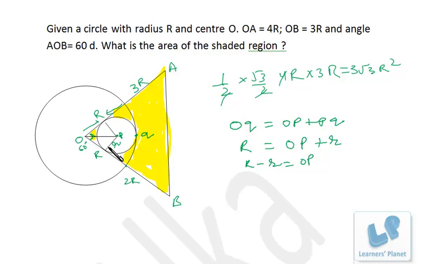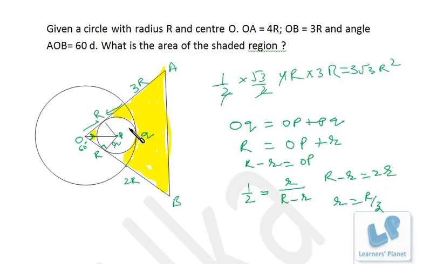Now the relationship between this and this, that is perpendicular and hypotenuse, is given by sine theta. Here theta is 30 degree, because we are just taking care of half of this angle. So sine 30 degree is 1 upon 2, that is perpendicular by base, I'm sorry, hypotenuse. So perpendicular is this and the hypotenuse is R minus r, right? So R minus r is equal to 2r. That means small r is equal to R by 3, right? So the radius of this circle is actually 1/3 of the radius of this bigger circle.